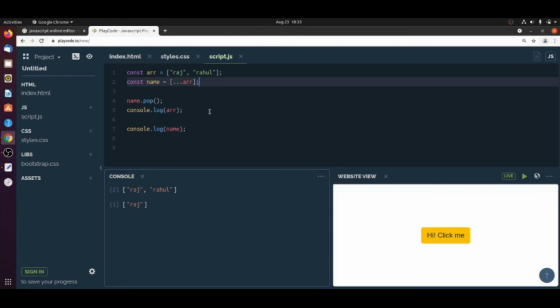This spread syntax can also be used with a function call. Let's see how.